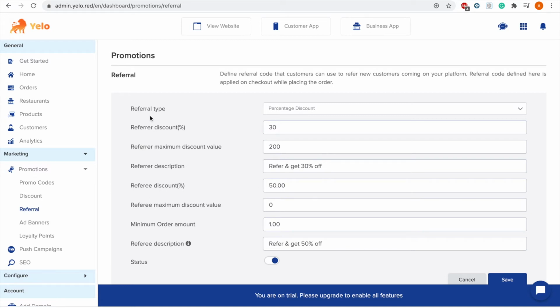And there is two different things. One is referral discount and the other one is referee discount percentage. You can even set the minimum order amount. The referral code will be applied at the time of checkout.